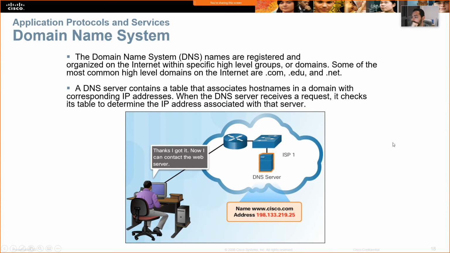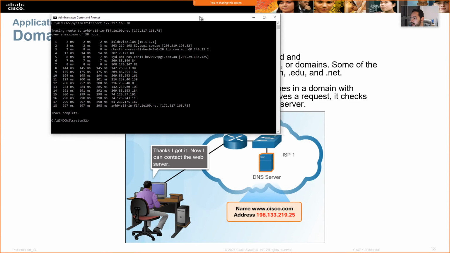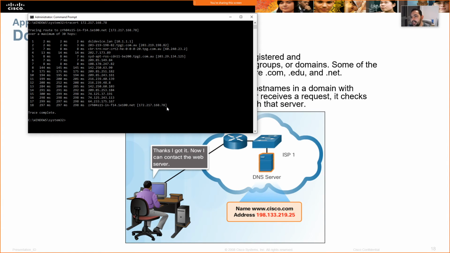Awesome. Okay, this is just an example of how it works. A DNS server contains a table that associates host names with the corresponding IP addresses. When you send a message to the server, the server will reply back with the IP address. And we just did an example of this. We executed the command nslookup, and the DNS server contains the entries with the name to IP address resolutions. Okay? So if I just do nslookup,